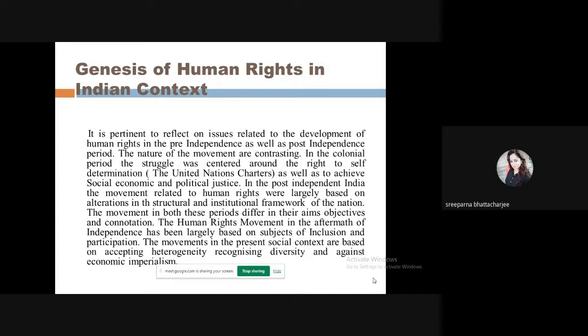But here I have divided the evolution of human rights into two phases, the pre-independence and the post-independence period. If you closely analyze the nature of these movements, you will find that they are contrasting, completely different. Because if we see colonial India, the pre-independence period, the major intention, or the major goals, of all movements have been to attain freedom, or there was a demand for